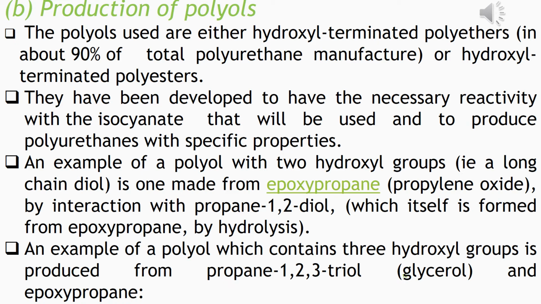Each polyol will give different properties to the polyurethanes. An example of a polyol with 2 hydroxyl groups is a long chain diol, one which is made